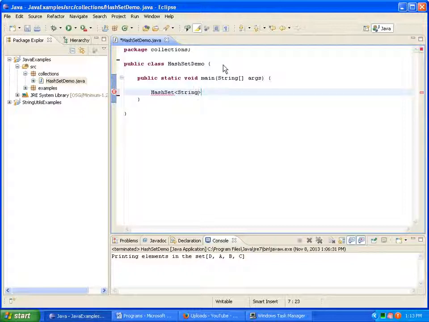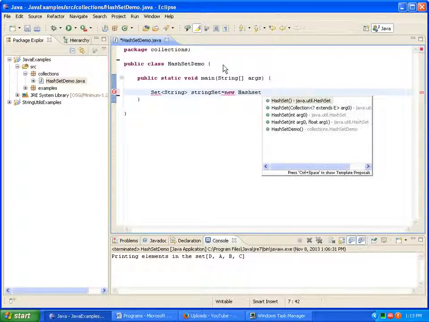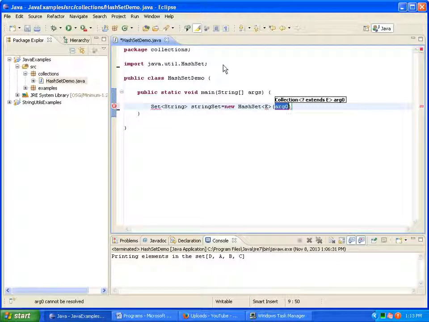And I'm creating a Set of String, set equal to new HashSet of String. And next,